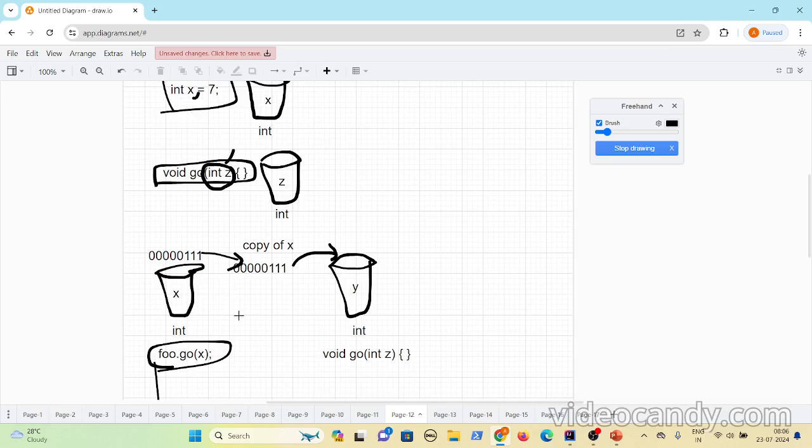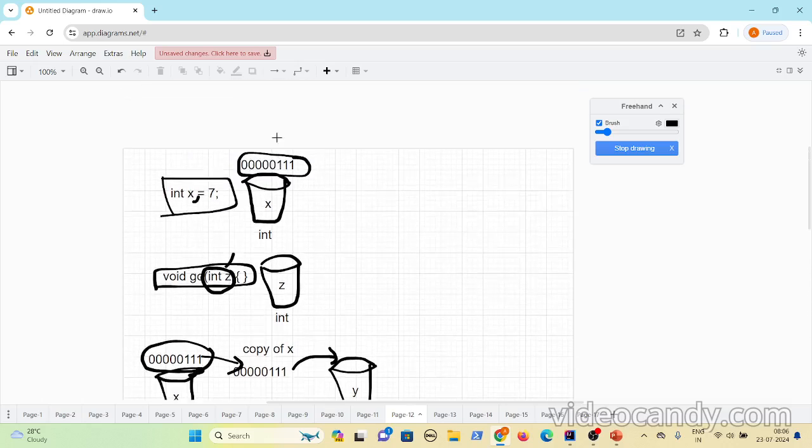You can pass this. When you pass it, whatever the bits that are present inside this x variable, those get copied to the z variable. Here you have two variables, int x and int z.